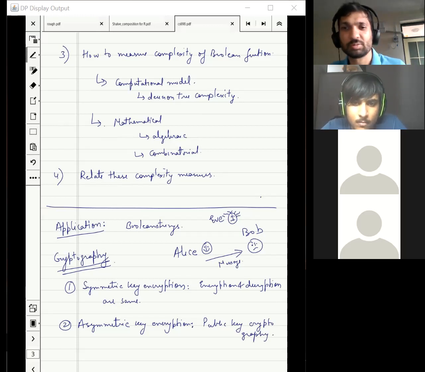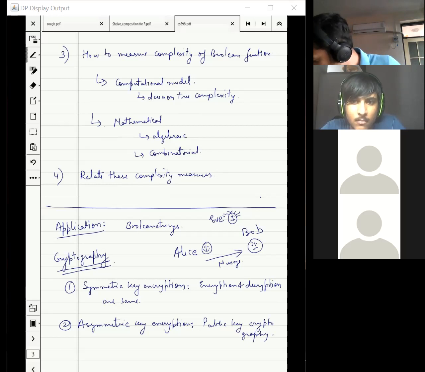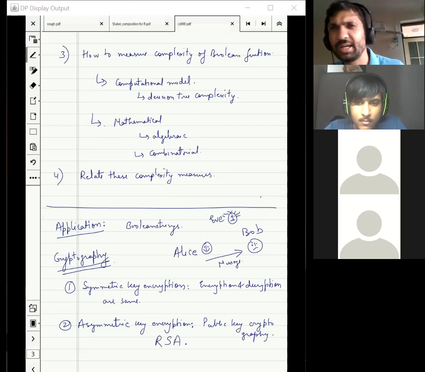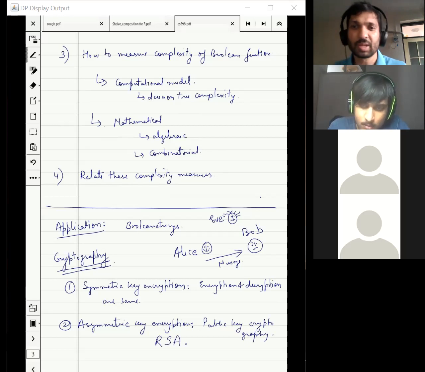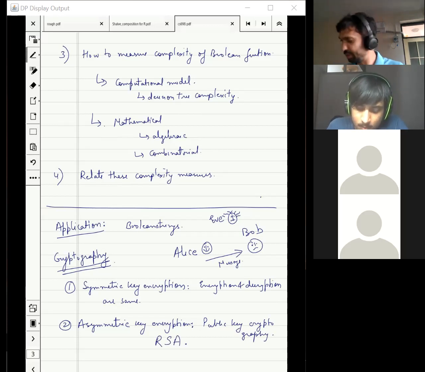If you know one encryption protocol, I would assume that would be asymmetric key encryption. RSA. Correct. This is the famous protocol from 1975 or so, where magically, even though one person's key is different from the other's, you can still somehow encode. And I think all the computer science people definitely know about it.